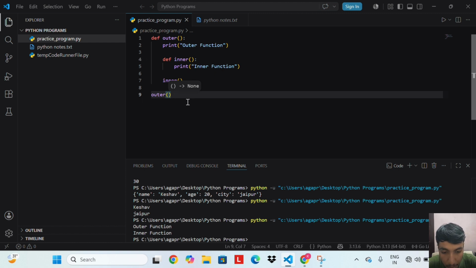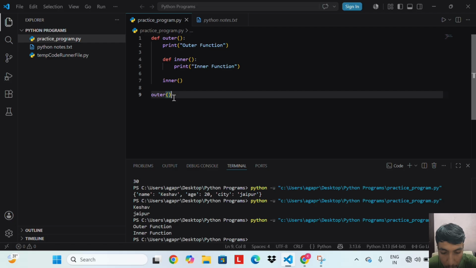When we call outer(), it prints outer function, then defines inner(), which prints inner function. One important thing, inner() only exists inside outer().